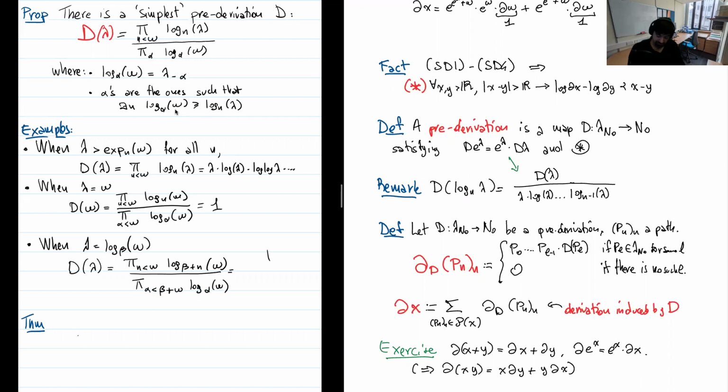And, well, if you work it out, lots of things cancel out, and you're left precisely with 1 over all the iterated logarithms of omega, just for alpha less than beta, which if you plug in a natural number here, then you recognize the usual formula for the derivative of the iterated logarithms of just x. You get 1 over x times log x times log log x, all the way up to